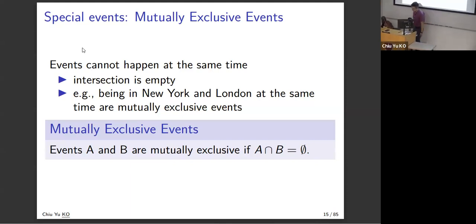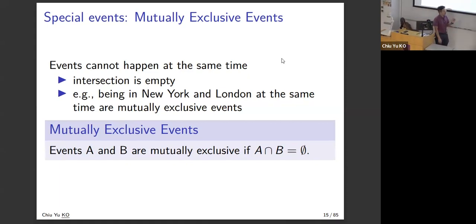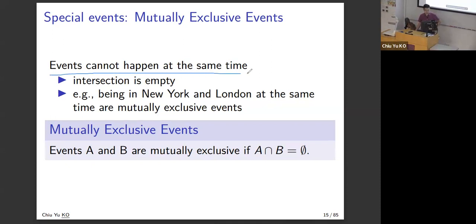Maybe I can talk about this because I think this is very simple. Okay, so this is mutually exclusive. And we can use set notation to denote what we mean by this. Mutually exclusive means they cannot happen at the same time. So the definition is the intersection is empty. This is called the empty set. There's nothing there, so there's nothing in common.